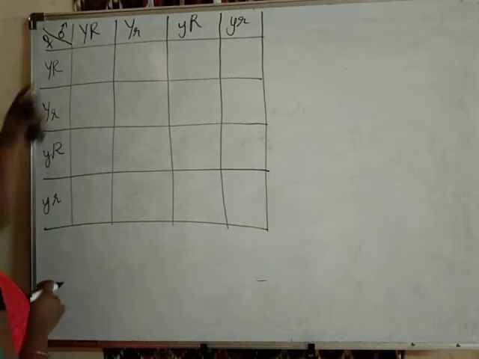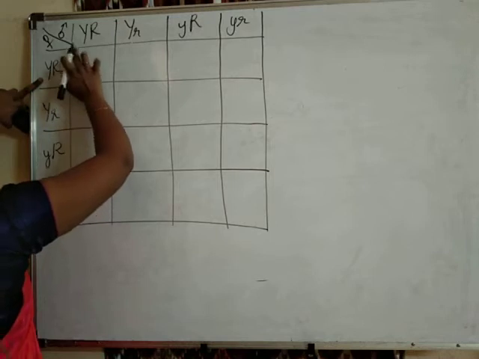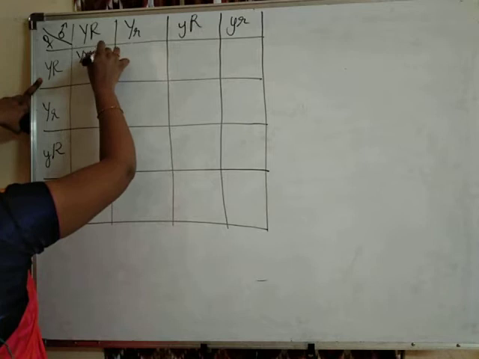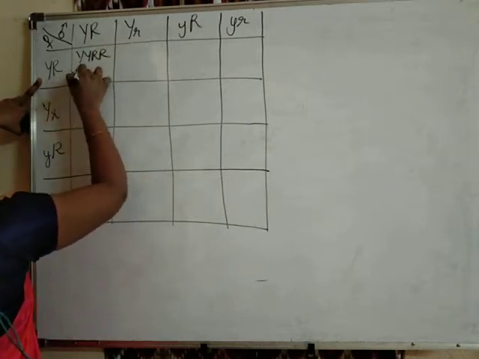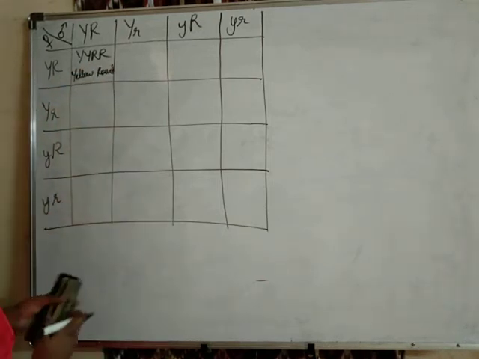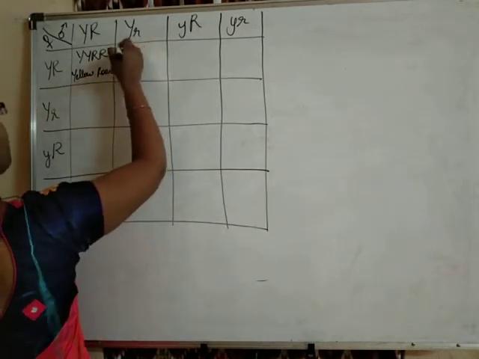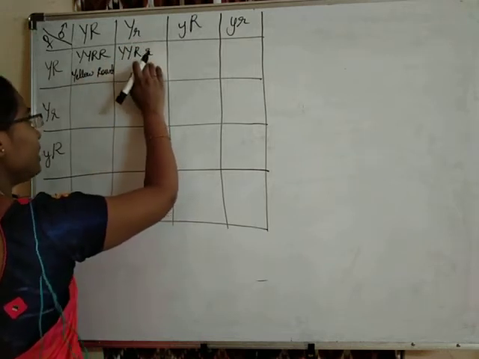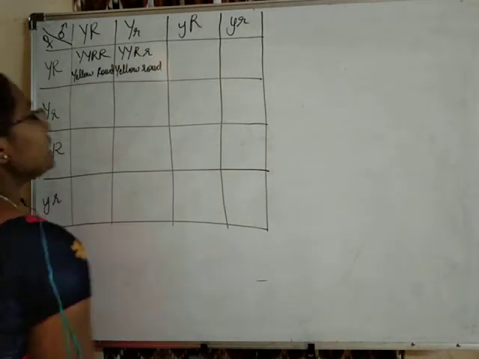So, now when we take this Punnett square and make these combinations, with capital Y capital R first: capital Y capital R, capital Y capital R, capital Y capital Y, capital R capital R. Okay. So, this individual will be a yellow round individual. The seeds will be yellow round. Now, capital Y capital R, capital Y small r. Small r is recessive, so these also contain yellow round seeds.